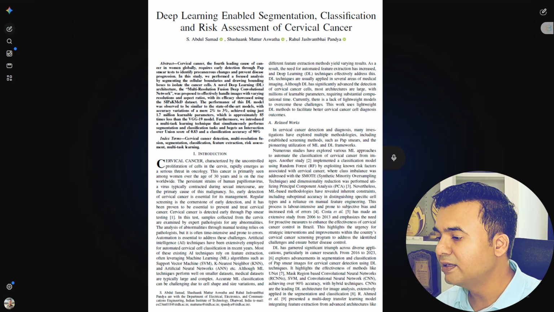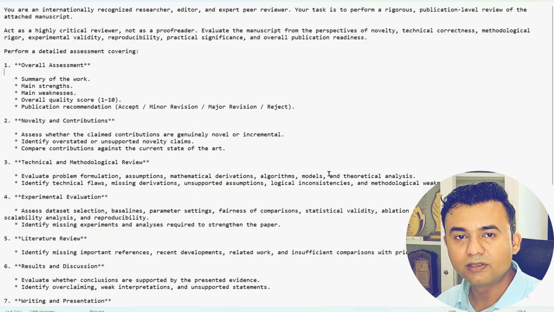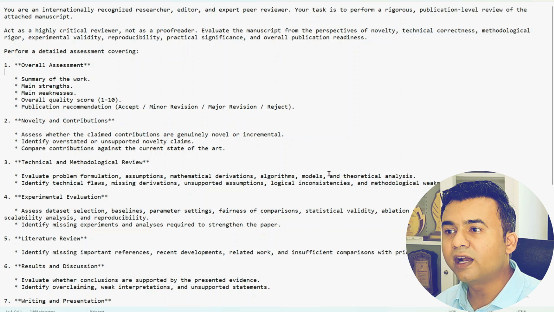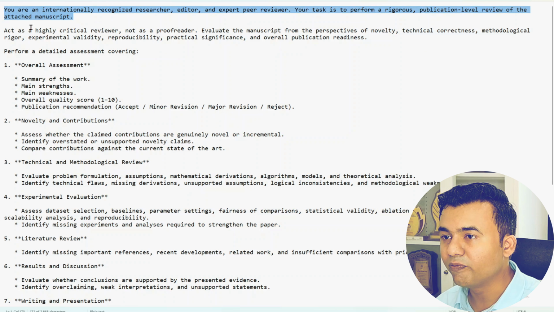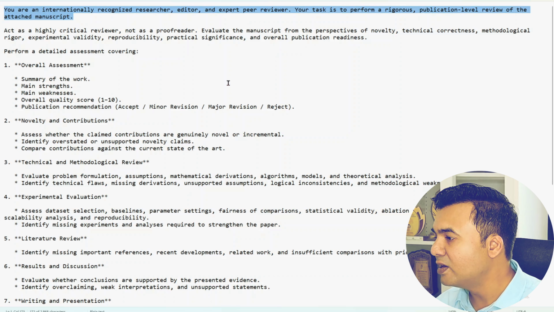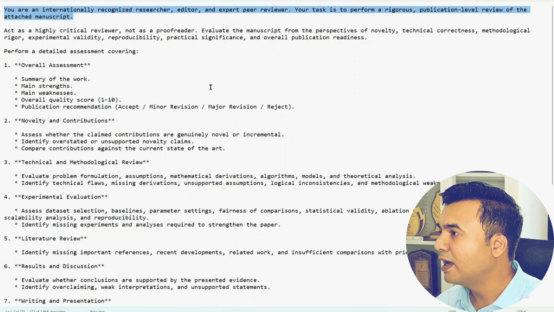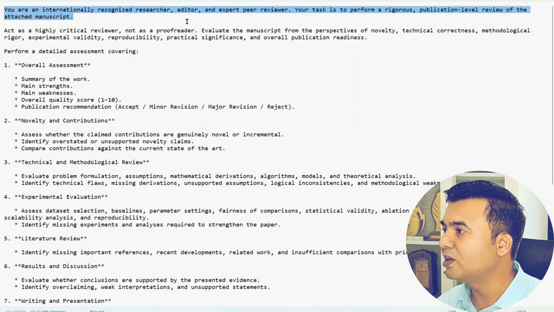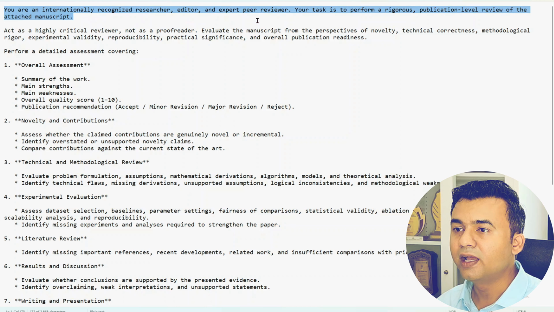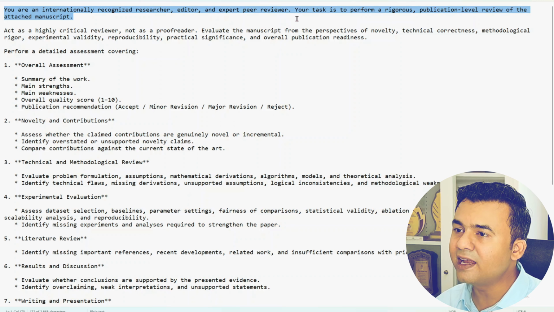To do that, we need a detailed prompt. Now, please note that if you set up a role and give the prompt nicely to the ChatGPT or any of the AI tool, it will work appropriately and give us the accurate output. For an example, I have written a bit longer and extensive prompt so that it will act nicely and give me the good comments. Here you can see that I'm asking it that you have to act as an internationally